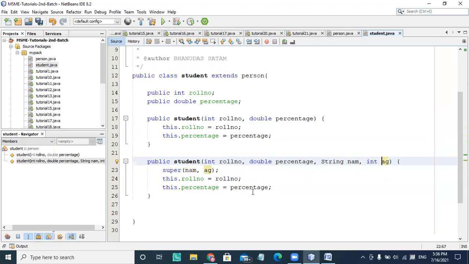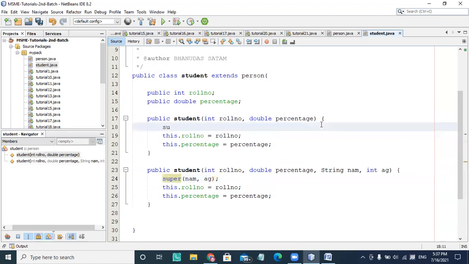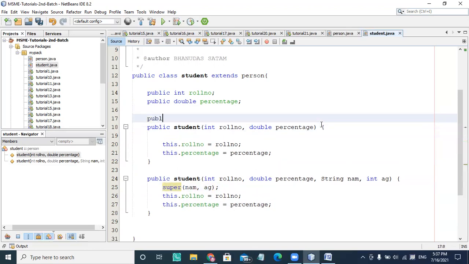So the constructor is automatically defined here, and there is something called the super method. The super method always calls the base constructor. If you choose super here, that means it is going to call the parameterized constructor. Same thing, I will simply write super here, and I want to create a constructor without any parameter.